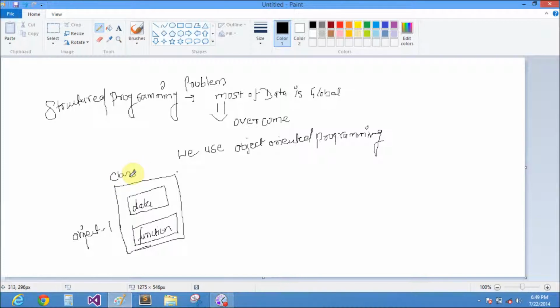Object oriented programming has other features. OOP features: first one is inheritance.